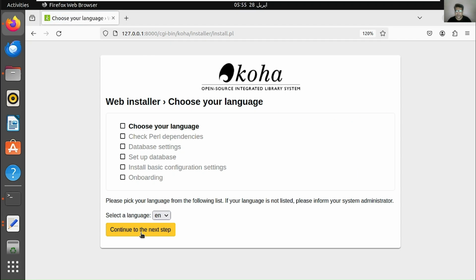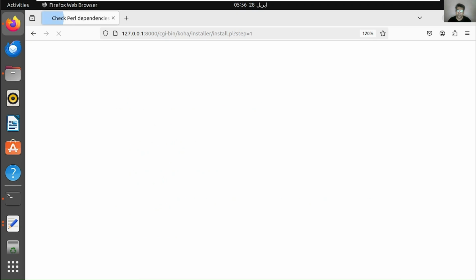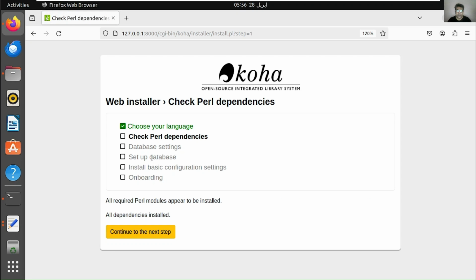There I need to select the language. By default, it's English only. And I need to check the Perl dependencies.